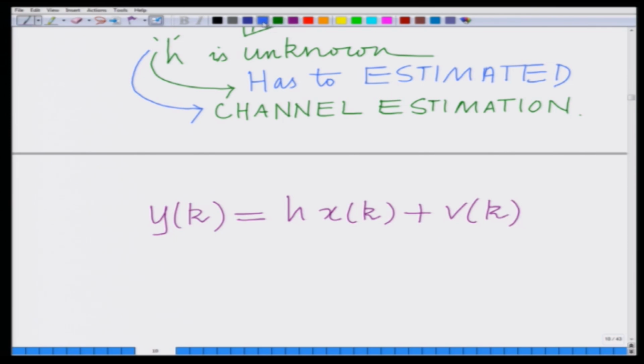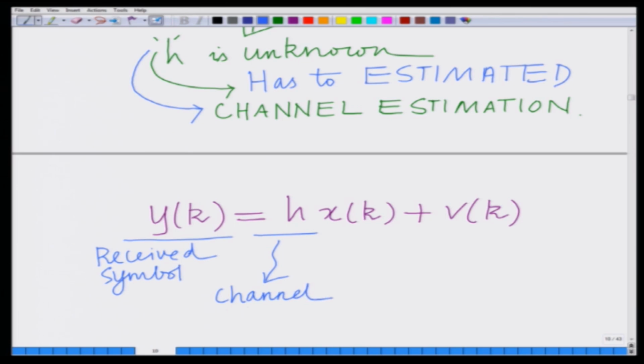Let me describe the different components. This yk is the received symbol, h is the channel coefficient, xk as we already said, is the transmitted symbol,